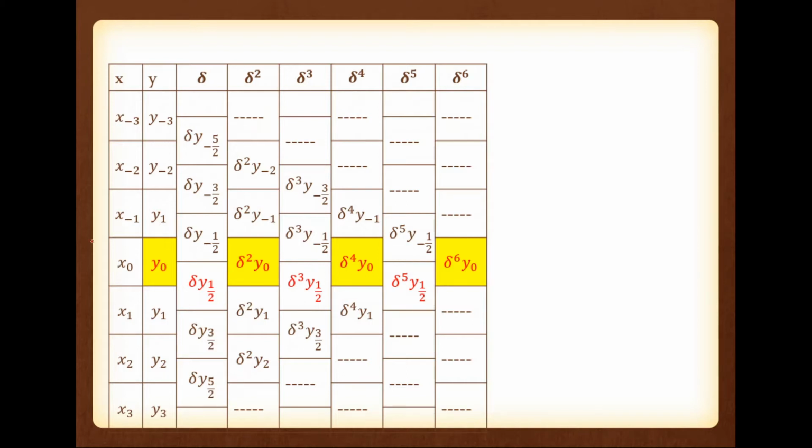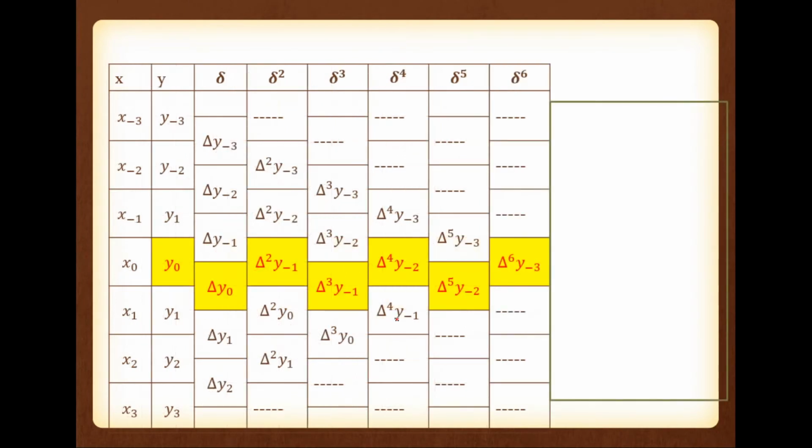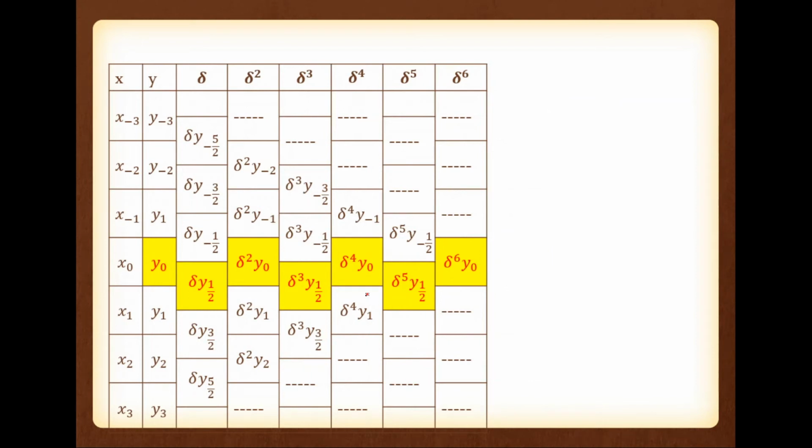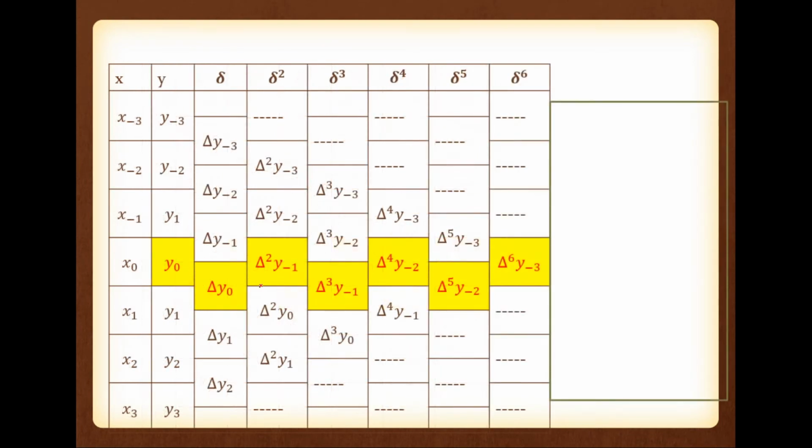Okay, so now we are going to combine all these terms. That is, now we are going to take this data. Is it okay? Now by using this data, we are going to interpolate the function. So what is the difference? In the previous table, the central difference terms are used. In the next table, the forward difference table, the shape is the same, but instead of theta, you have delta.